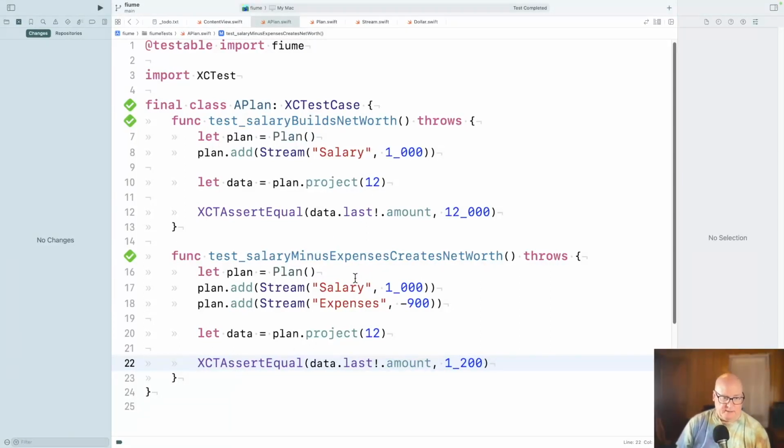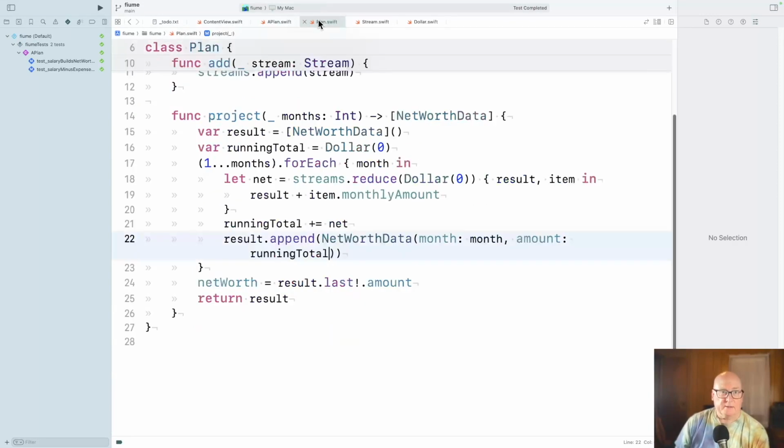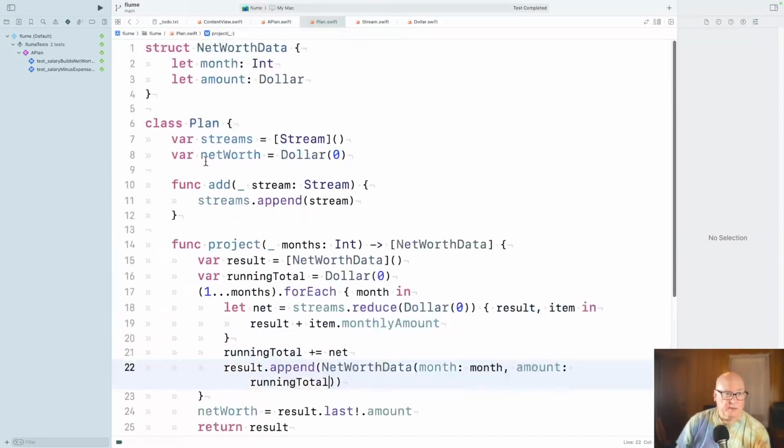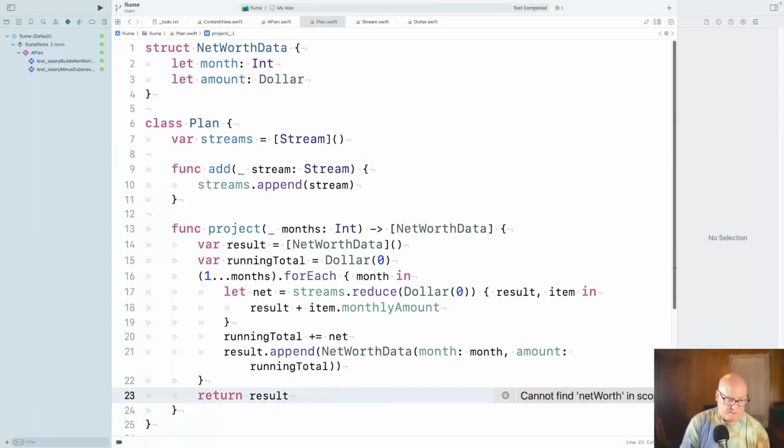Okay, that should just work. Okay, and then the actual net worth is no longer being used. Okay, so let's make sure that's correct.